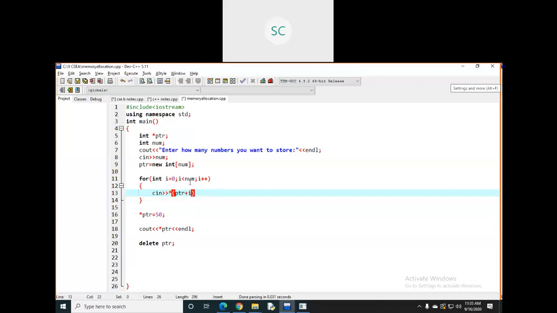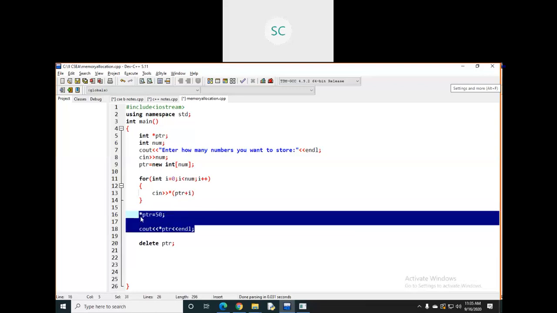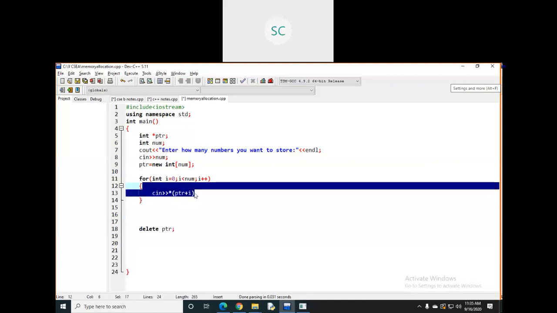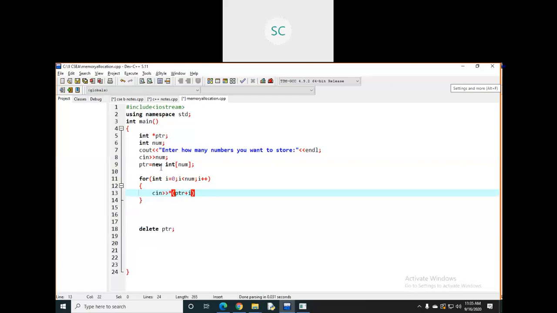Then if you want to print these elements in the output, you need to follow the same thing. Here I'm just taking the numbers from the user into this array. You allocated the memory based on your size and you are getting the elements into this array by using the cin object. Then if you want to print these in the output, simply use the same for loop.